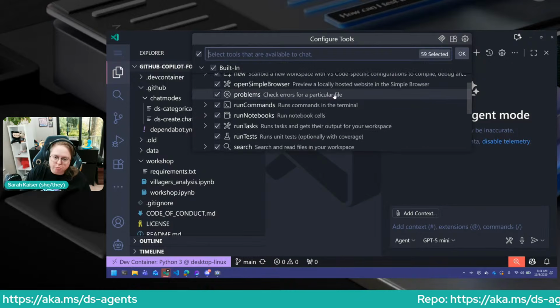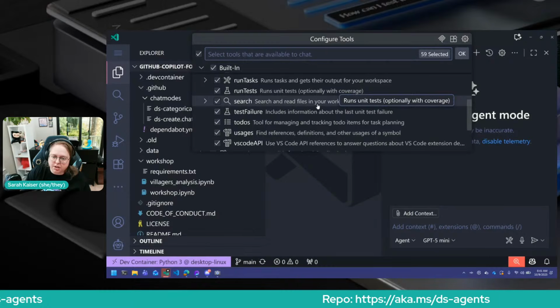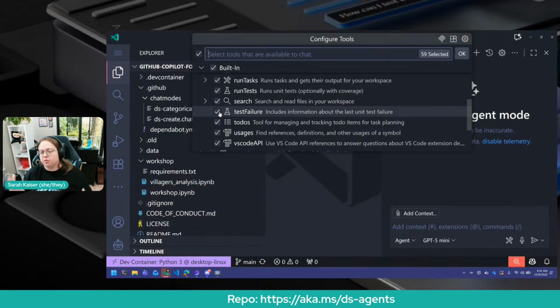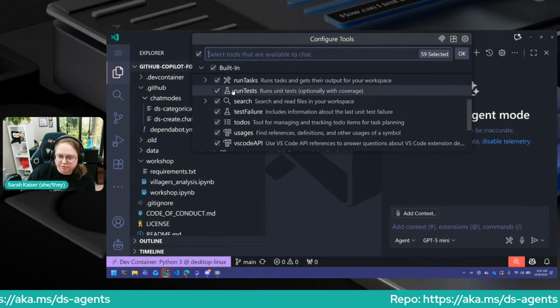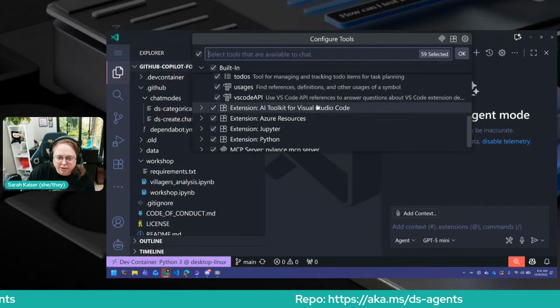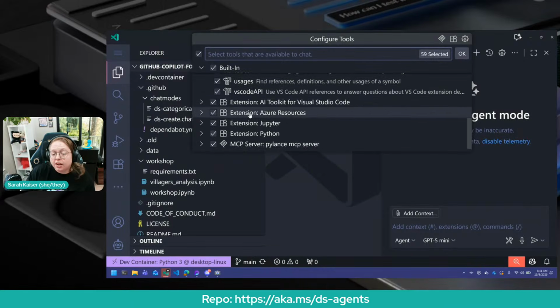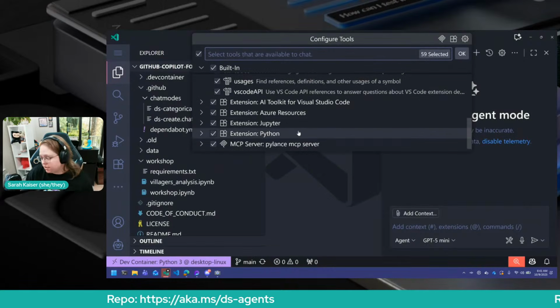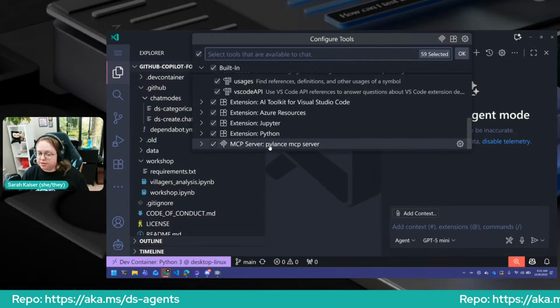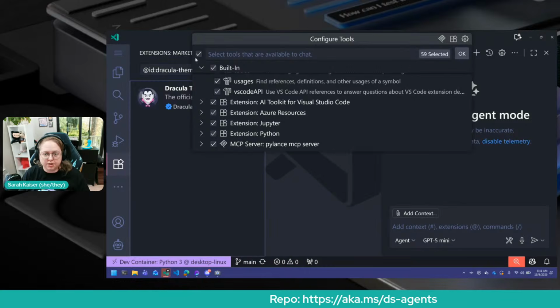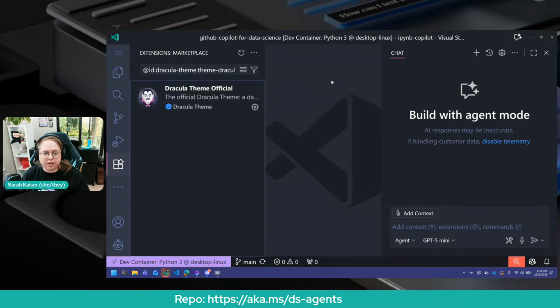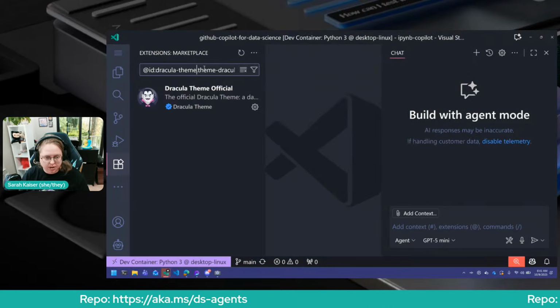That's fine, but there's some in here where, if I'm working with Jupyter Notebooks, I don't need the testing features in VS Code, and I don't need it to necessarily know about running tests or whether tests fail. And extensions and MCP servers that you have installed can also add tools. So something cool I learned the other day was if you look at the extensions,